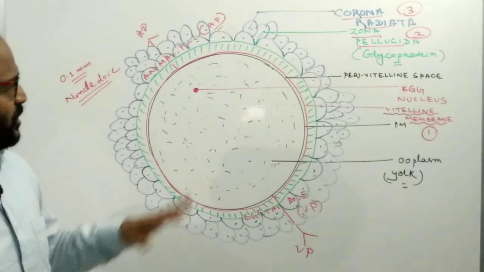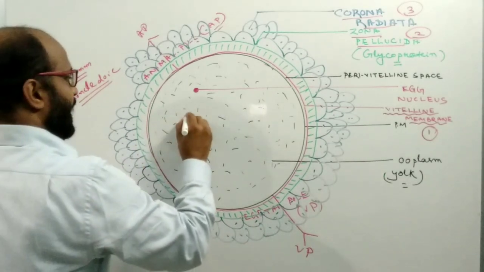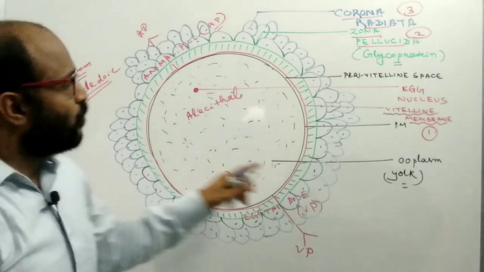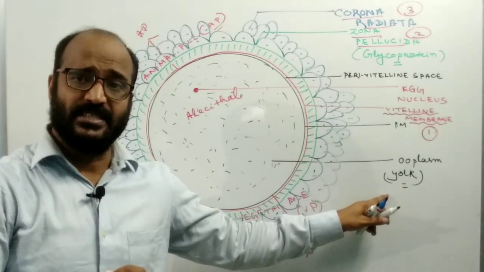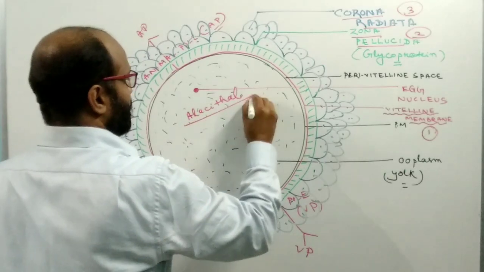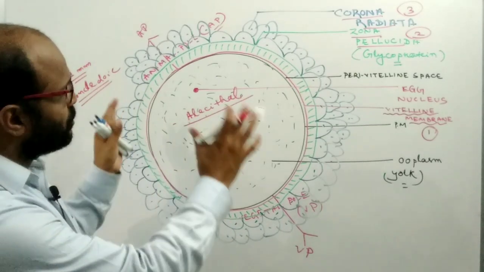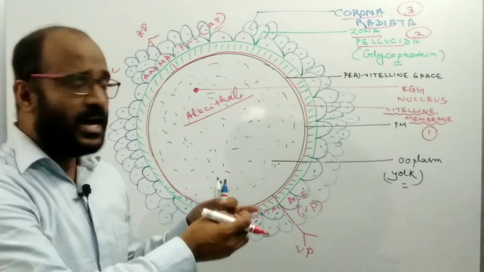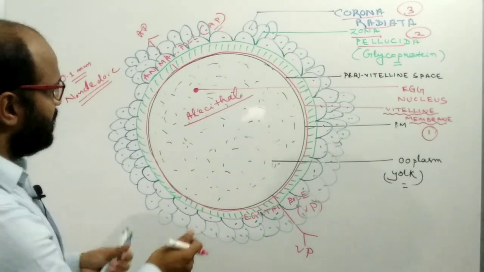This is the structure of the human ovum, which is alecithal. Alecithal means there is no yolk. Some say that a very little amount of yolk is present, but there is no yolk. It is known as alecithal. On the basis of distribution of yolk, there is no yolk. If yolk is present in a very little amount, and such a little amount of yolk is distributed throughout the ooplasm, that's why it is